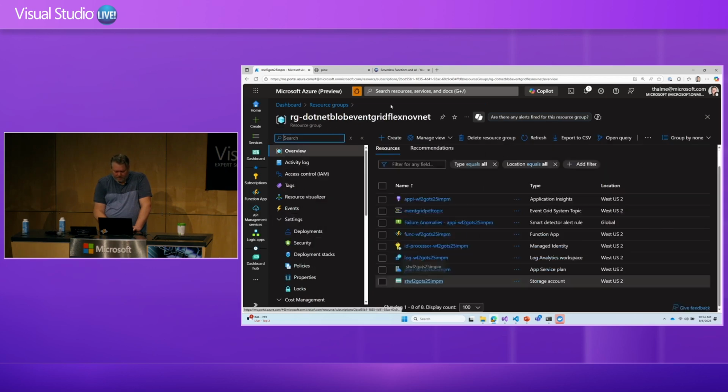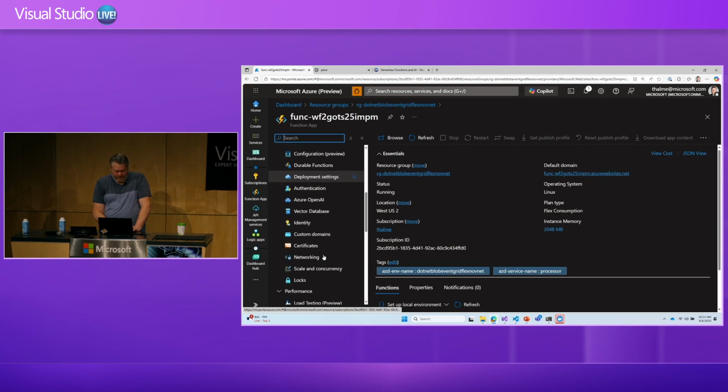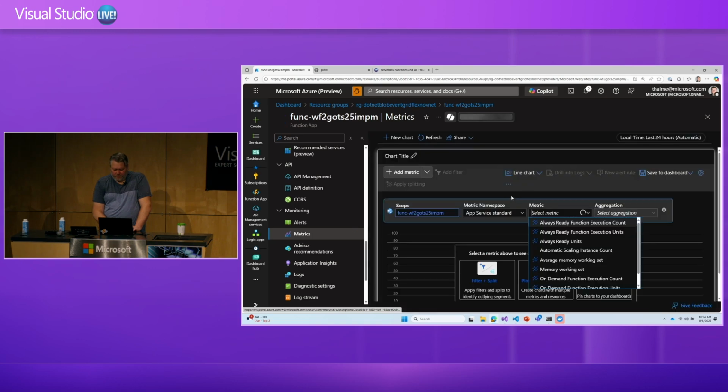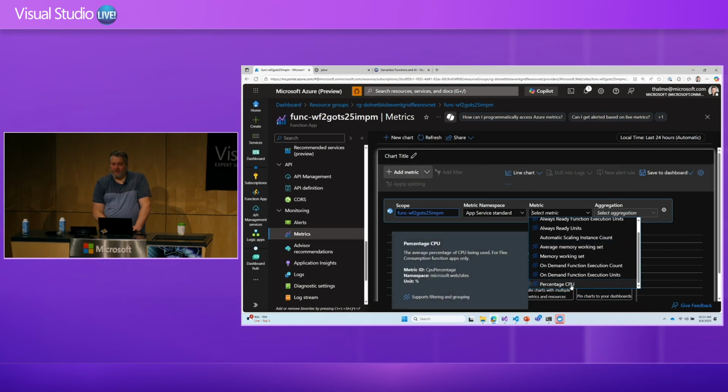So let me go back to the function app here. And if we look at metrics, we introduced a few metrics here that help, which is the average memory working set and the CPU percentage.